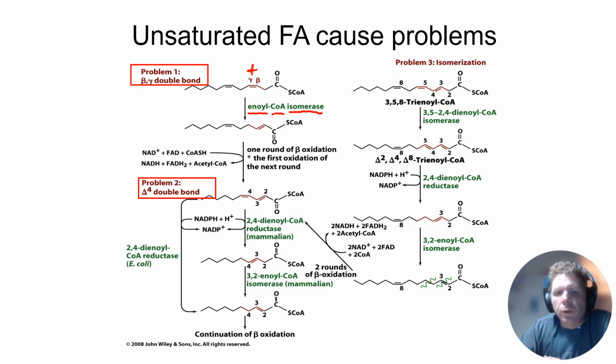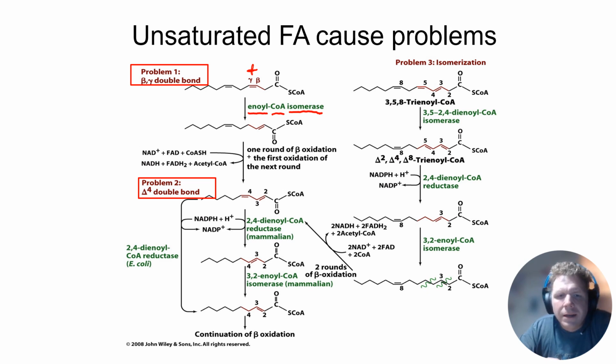And when we end up with our double bond found between our alpha and our beta carbons, we have something that can basically fit back into beta oxidation. So when we have that beta gamma double bond, we want to apply enoyl-CoA isomerase. When we have that enoyl-CoA isomerase, we put the double bond in the right location, we go through